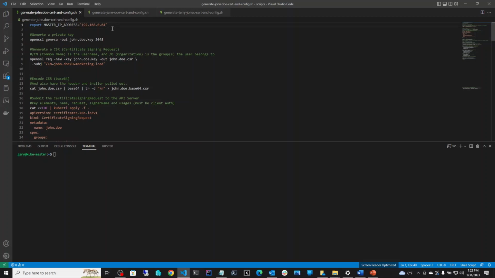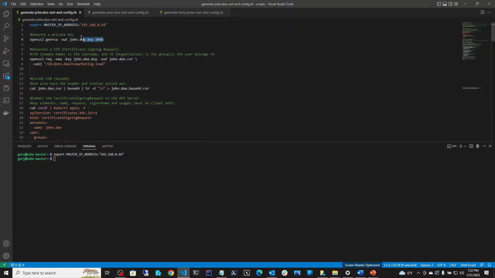And then you can send that config file to the user, and the user can interact. And then obviously we need to give them access to resources, and that's part of the RBAC role and role binding that we'll be talking about a little bit later. So the first thing that I'm going to do is save the IP address of the API server in a variable called